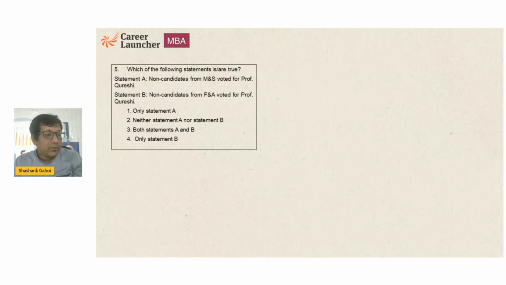अगला क्वेश्चन, which of the following statements are true, non-candidates from MNS voted for Q, Q को MNS का कोई बंदा वोट ही नहीं कर सकता क्योंकि Q तो MNS से ही है ना, तो इसका मतलब फर्स्ट स्टेटमेंट तो फॉल्स है। नॉन कैंडिडेट्स फ्रॉम एफएनए वोटेड फॉर क्यू, एफएनए के लोगों ने तो क्यू को वोट किया है, इसका मतलब सेकंड स्टेटमेंट ट्रू है, तो आंसर इसका हो गया ऑप्शन 4। So basically, when you are solving these kind of questions, look at the questions,